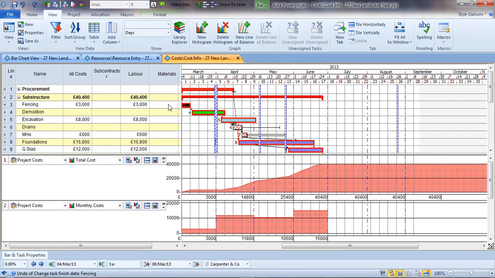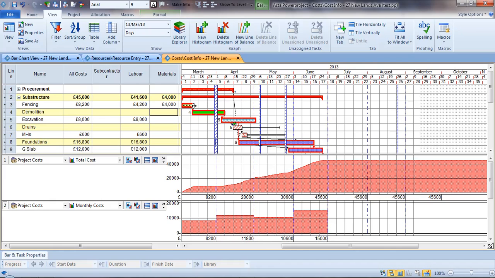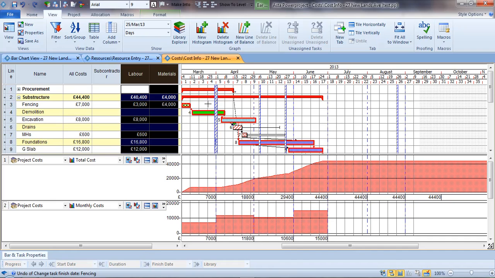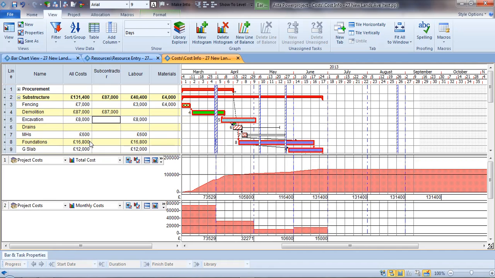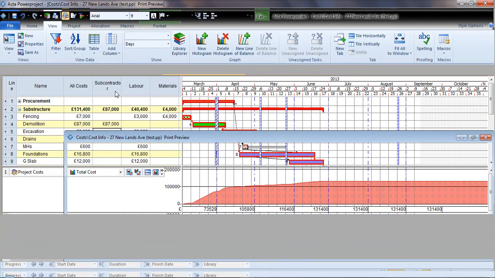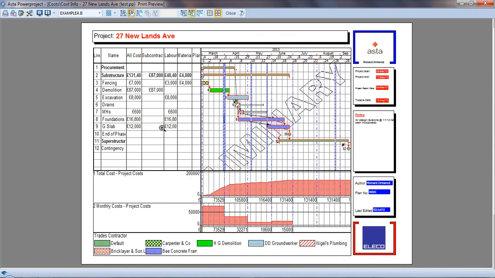If I undo that, I could put a different amount for materials, so even though the labour price might increase, the materials won't. So Power Budget accommodates these multiple cost centres, but also you can say, well, somebody just told me it cost £7,000 rather than £8,000 to do that, and we can see the impact instantly on our cash flow. We can preview that on screen so we can see exactly what that looks like, exactly as it is on the page,